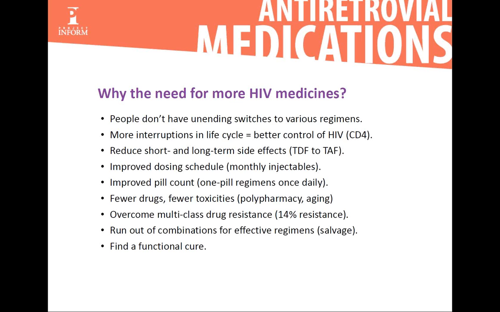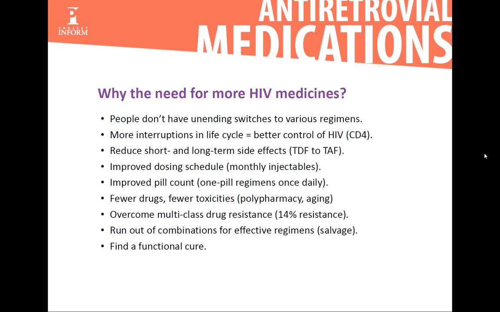So, why the need for more medication? So we're going to CROI, why do we need more data on new compounds that are coming out? So even though there's 37 medications, people do not have unending opportunity to switch to regimen after regimen after regimen. At some point, they're going to stop. You're going to have a limitation on how many medications a person can use over time. Also, if there's more interruptions within the life cycle, then there's better control of HIV. So the new CD4 inhibitor or the gp120 inhibitor are new classes of medication that we haven't seen before. So if somebody, especially in a salvage situation, who has few opportunities for new medications, going to these new classes will help stop HIV from its life cycle in different places than the core classes of medications that we have